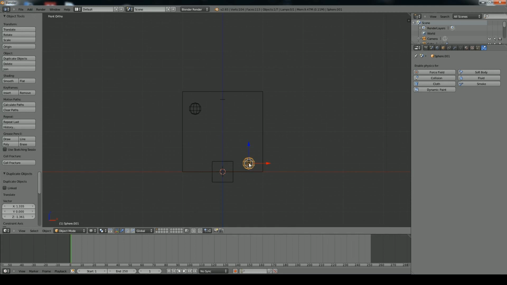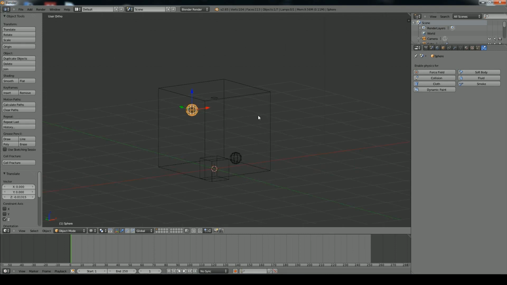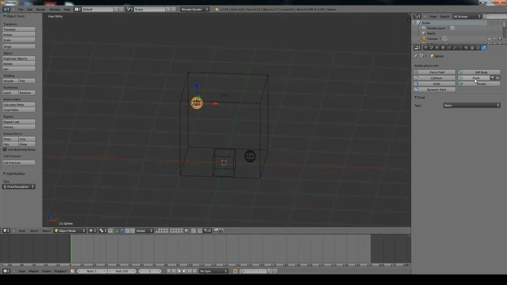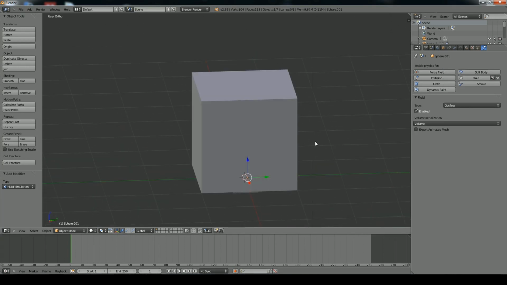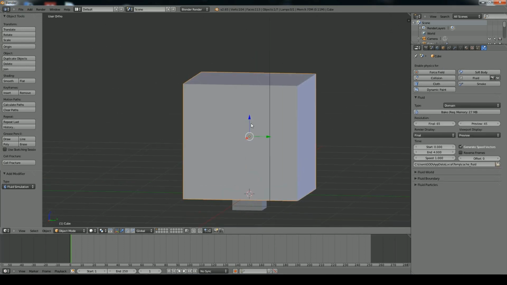This one down here will be our outflow object, so any fluid that interacts with it will be nullified and deleted and essentially erased from the simulation. And this one will be our fluid object, so this one will actually become a fluid itself and add to what the inflow object is adding to the scene. So with this top one selected, we'll select fluid, change its type to fluid. And with this bottom one, we'll do the same, but we'll change it to an outflow. So we have most of our settings set up now. And so if we go and select our domain cube,